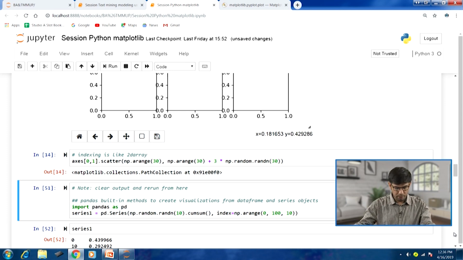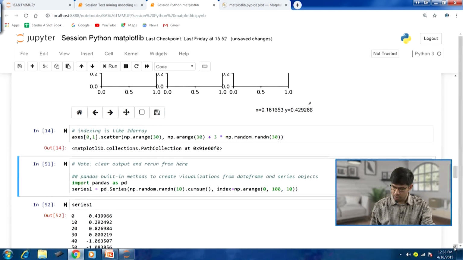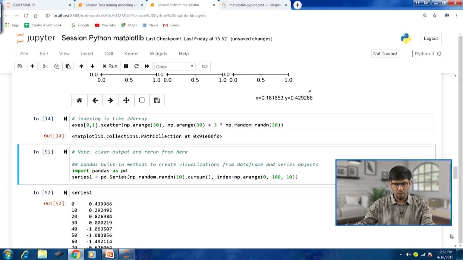Now, let us move forward. Now we will talk about some of the plotting functionality that is available in the pandas package itself. Because we are going to use pandas plot functionality, which is internally based on many of the features of matplotlib itself, to avoid any conflict we will clear the output and start rerunning our code from here again.